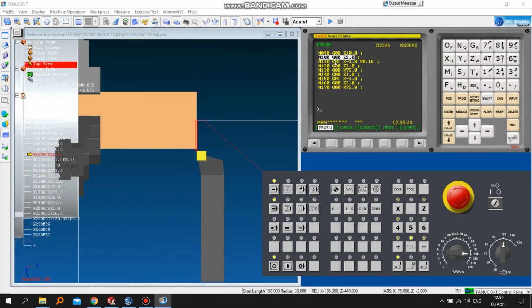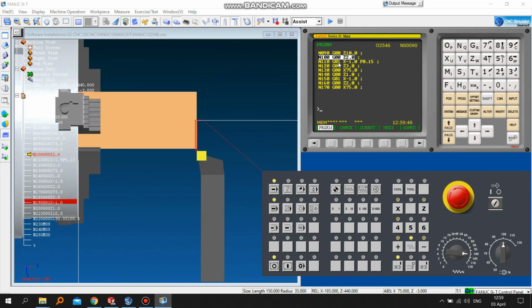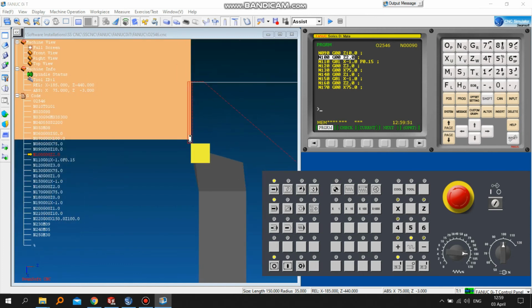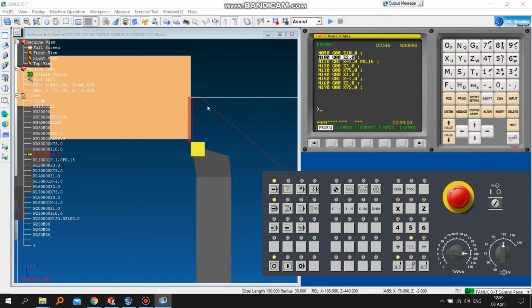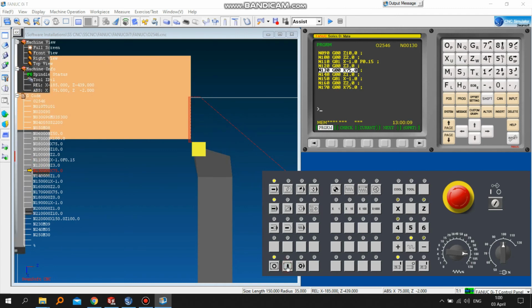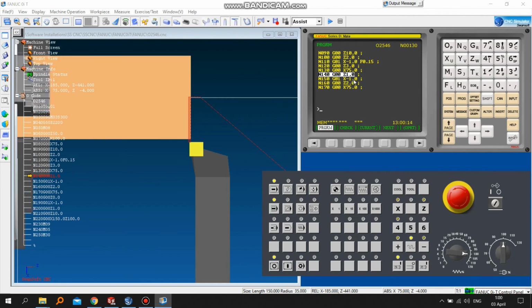Now as you can see in the program, it is now slow feed, that is Z0.1, because we have to cut the face with feed given. Feed is only to be given once. Now Z will move back, then X will go to 75, Z will go to 1, X will go to -1. I have not given feed here. No feed is given here, as only once is required.